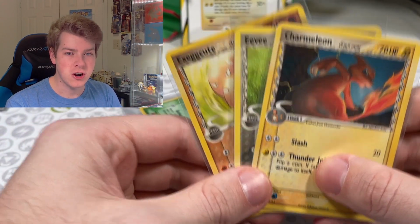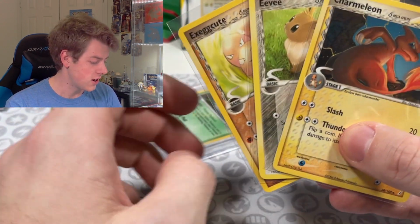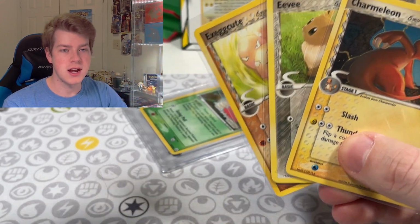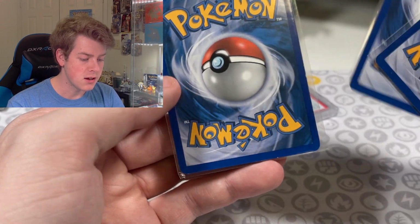But any vintage card you find in the wild, you're probably not gonna get a mint card unless you find somebody that actually took care of their cards. You're gonna get somebody's playground trash that they threw around or flicked or traded with their friends and put in their back pocket. It's gonna be damaged, there's just so many vintage cards out there that are completely beat. I don't know if any of these have any markings on them, but